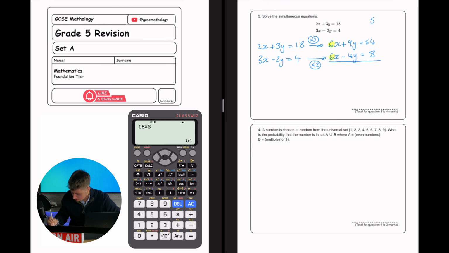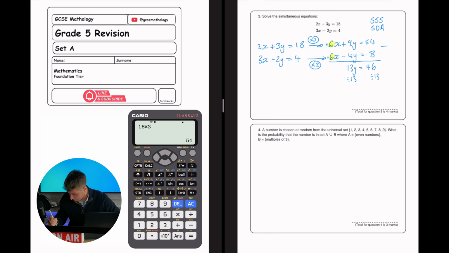If the signs are the same, then we're going to subtract, and if the signs are different, we're going to add. We're looking at the signs in front of the numbers that we've made the same. Both of these are +6, so the signs are the same, so we're going to subtract the equations from one another. So 6 minus 6 is just 0, 9 minus -4 is 9 plus 4, which is equal to 13, so we've got 13y, and this is equal to 54 minus 8, which is equal to 46. Then we divide both sides of the equation by